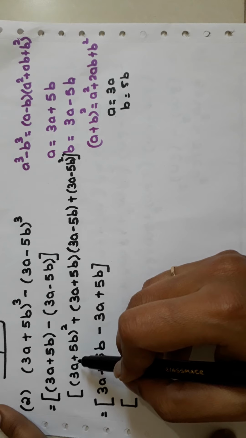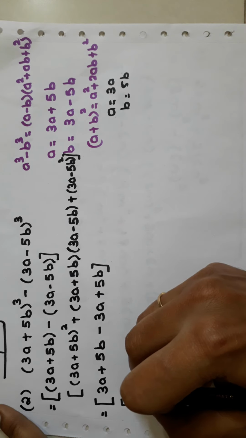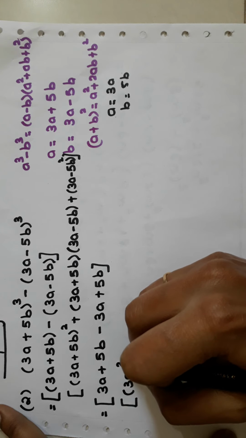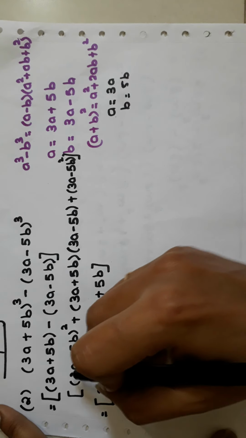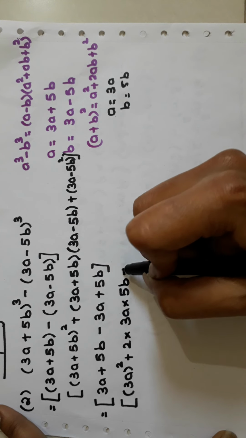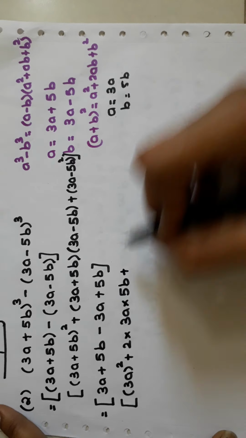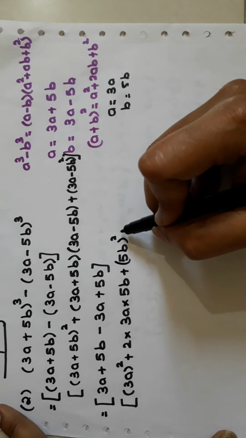Now I am directly using the formula. a square means 3a the whole square, plus 2ab, where 2 into a is 3a into b is 5b, plus b square, b is 5b the whole square, plus